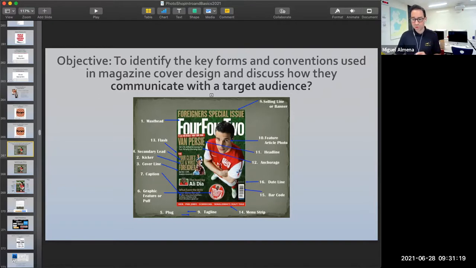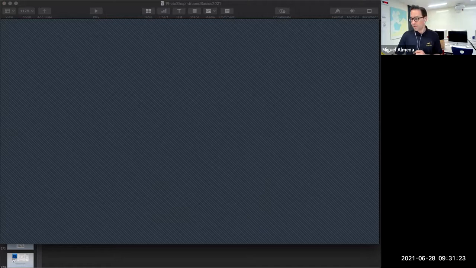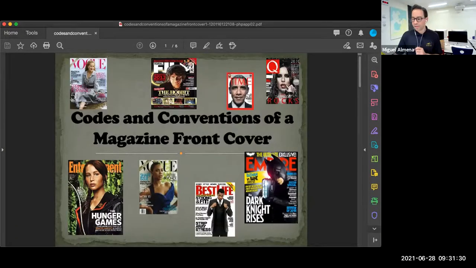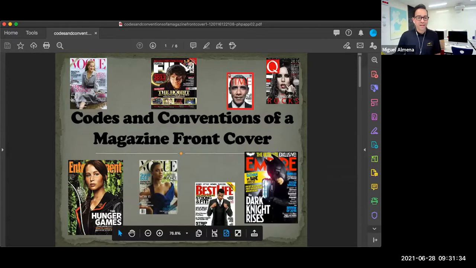And I'm going to switch over to the magazine convention presentation now, so that way we can see briefly what they are. Okay. So you should be able to see this screen. And these are codes and conventions of magazine front covers, okay? So basically